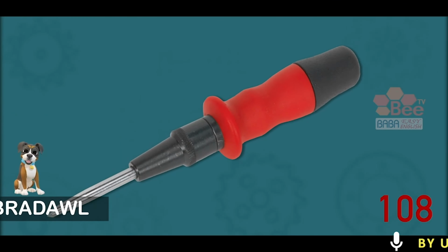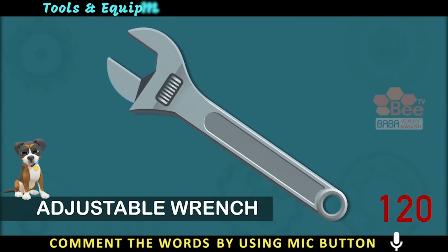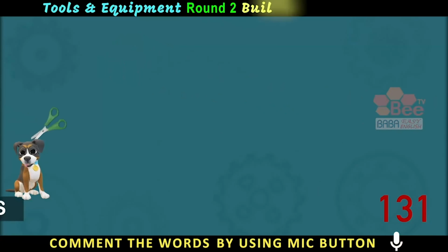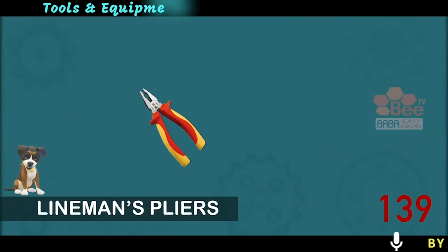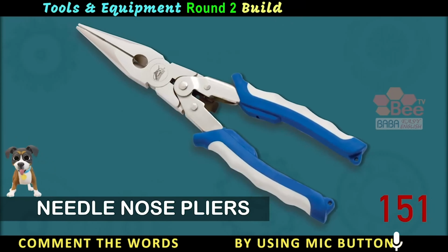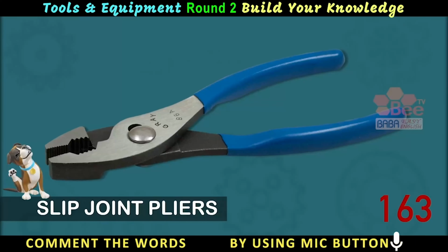bradawl, wrench, adjustable wrench, pipe wrench, scissors, lineman's pliers, needle nose pliers, diagonal pliers, slip joint pliers,